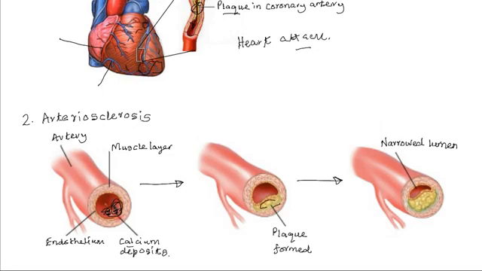And with the loss of elasticity, this will increase the resistance to blood flow, leading to overworking of the heart. So as the lumen becomes narrower and narrower, there will be other complications such as heart failure that may result from arteriosclerosis. Now, the causes of arteriosclerosis vary,